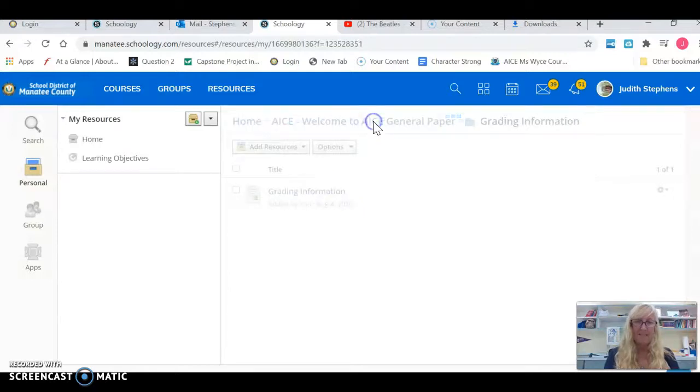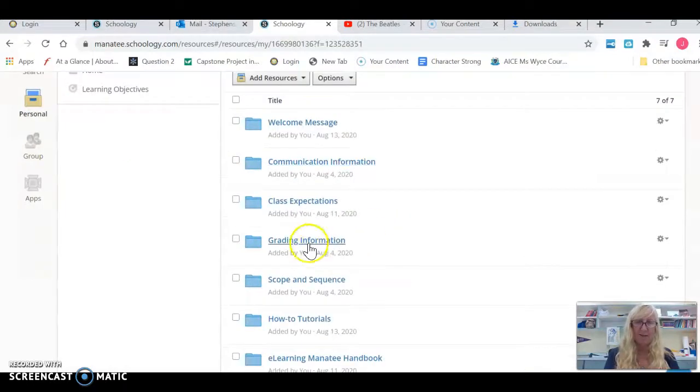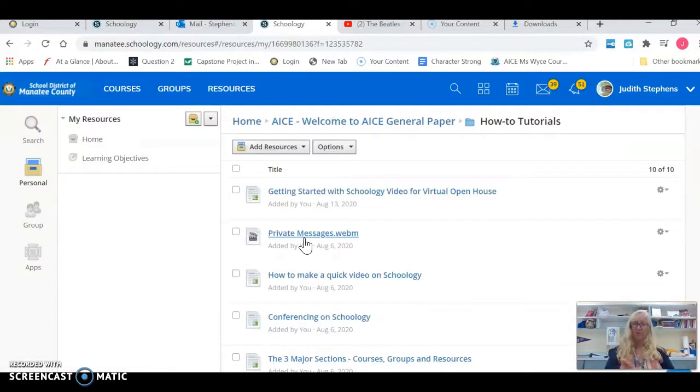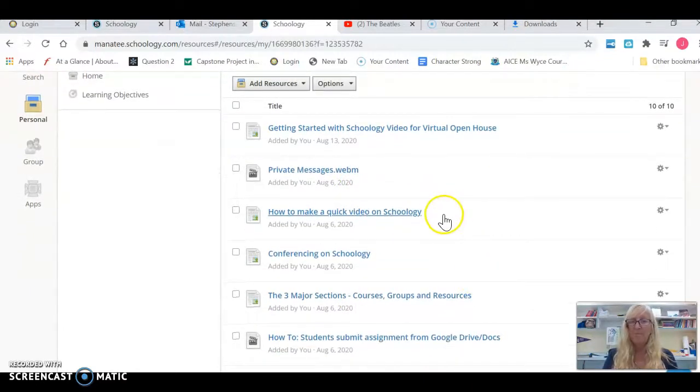And let me see back here again. Grading information, scope and sequence for AICE. I don't think there's anything in there. How-to tutorials. Getting started with Schoology. Okay, that guides you through some basics. If you were not in the school system last year, you may not have ever used Schoology, so you need to go in there. How to send a private message, how to make a video,